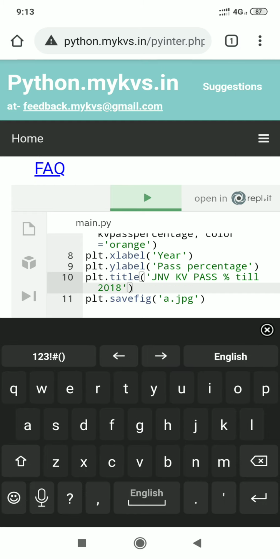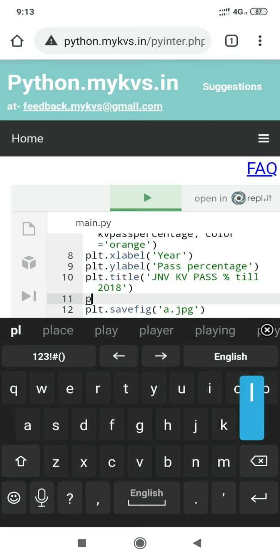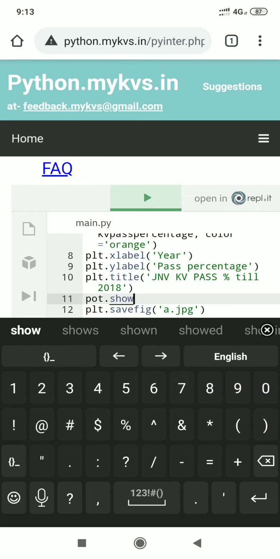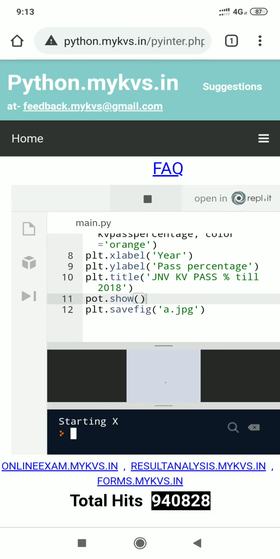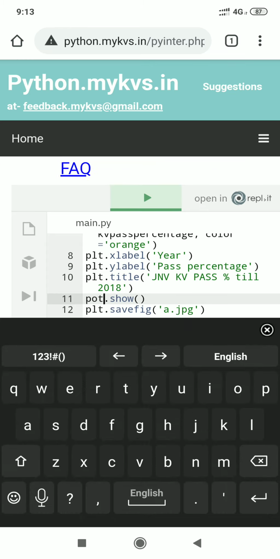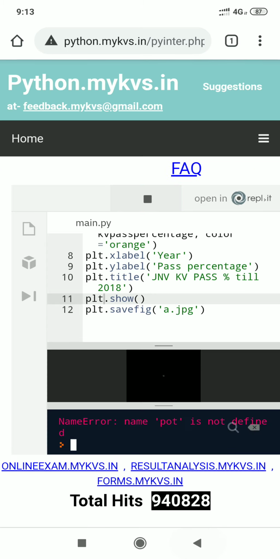So call here plt.show and show this one. Okay, now execute the same statement. Okay, it's changed with plt.show, that's why it was not displaying.